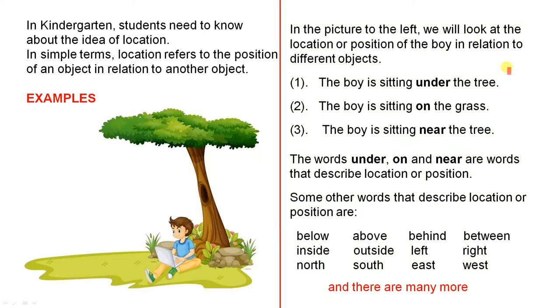In the picture to the left, we will look at the location or position of the boy in relation to different objects. The boy is sitting under the tree. The boy is sitting on the grass. The boy is sitting near the tree. The words under, on and near are words that describe location and position, and this has to be made very